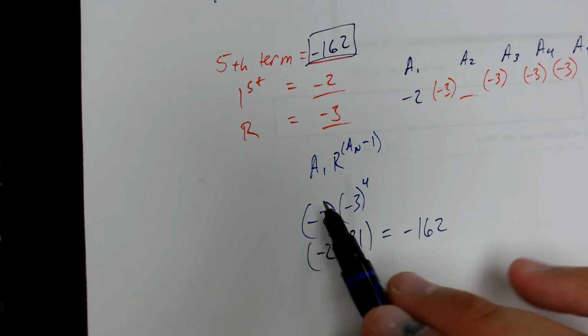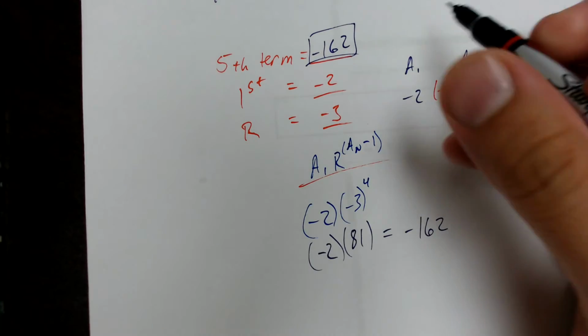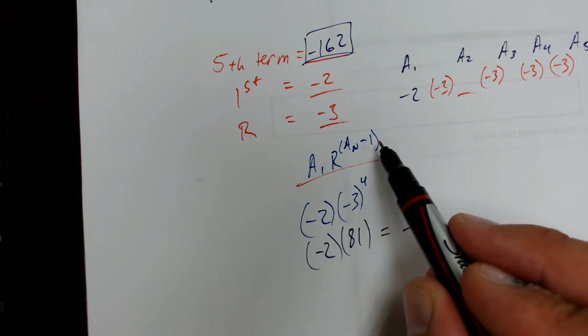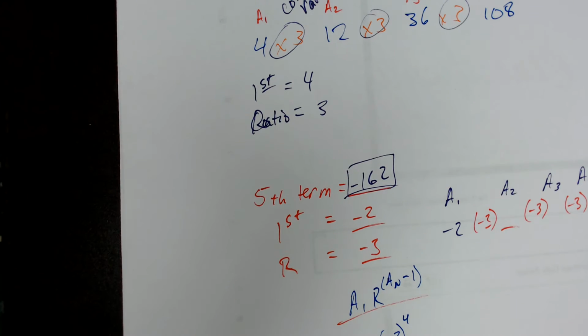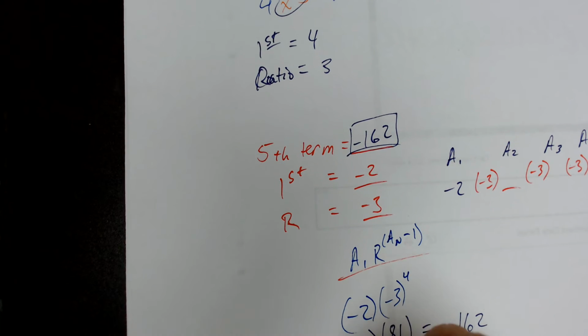Okay, so again, this is the key thing we want to remember right here. You take the first term, multiply it by the ratio raised to the exponent of whatever term you're looking for, minus 1. So let's see if we can take this equation and apply it to a different type of scenario. For example, one problem tells us to